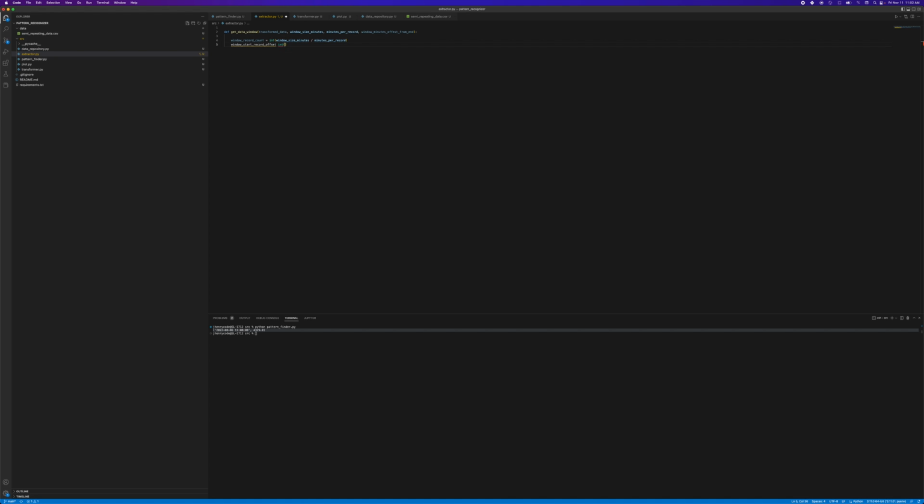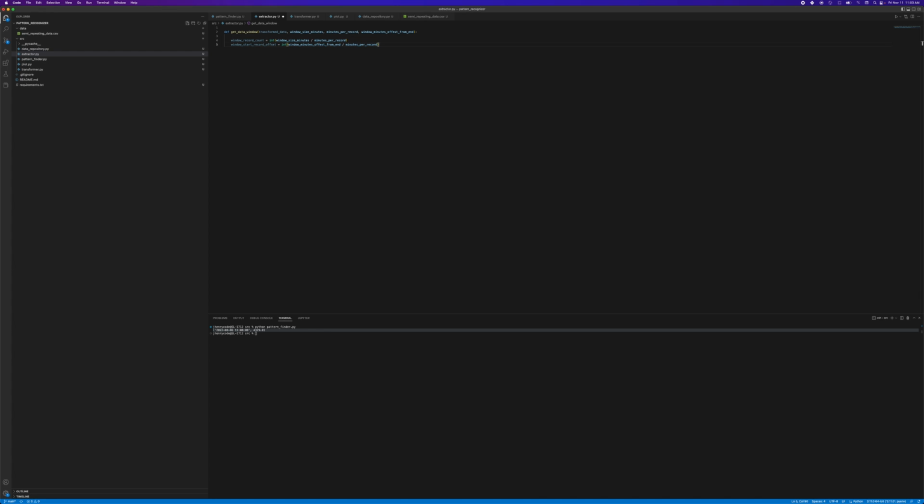And again, this needs to be an integer, so we'll say windows minutes offset from end divided by minutes per record. And so I probably need an assignment operator here. So with the record count set and the start index set, basically we can go to a specific place within the data set and start extracting